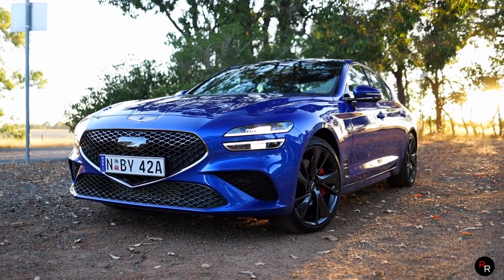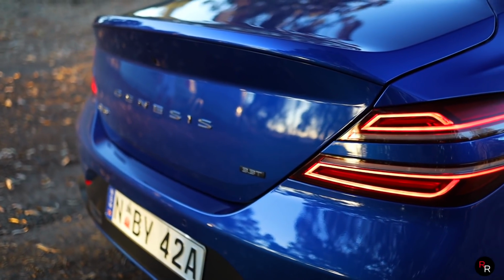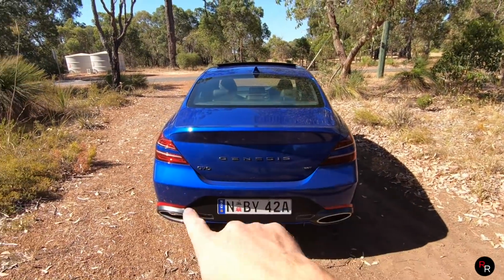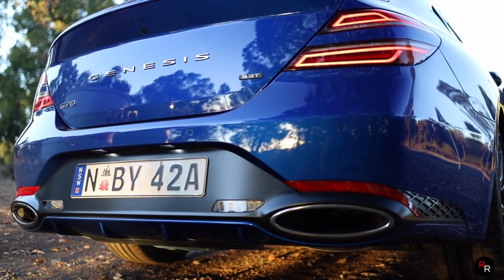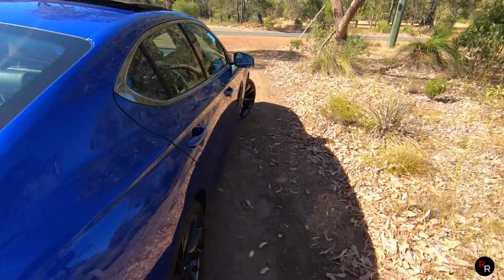I particularly love that rear end here. And the little subtle ducktail spoiler here, it just looks very nice. Even at the rear, it says Genesis. You've got your G70 badge, 3.3 turbo, and it's pretty good. Again, just the exhaust. If we could only have a better exhaust. And when we come inside,